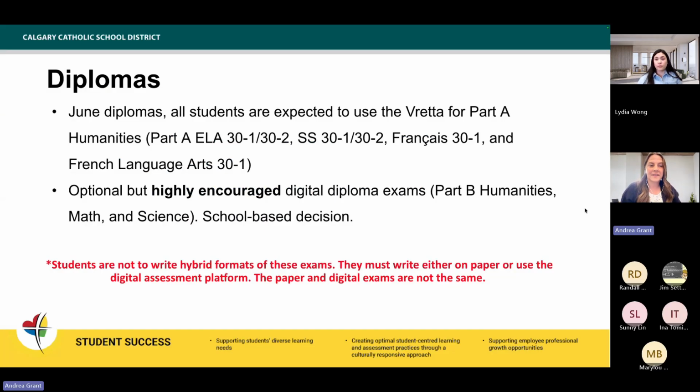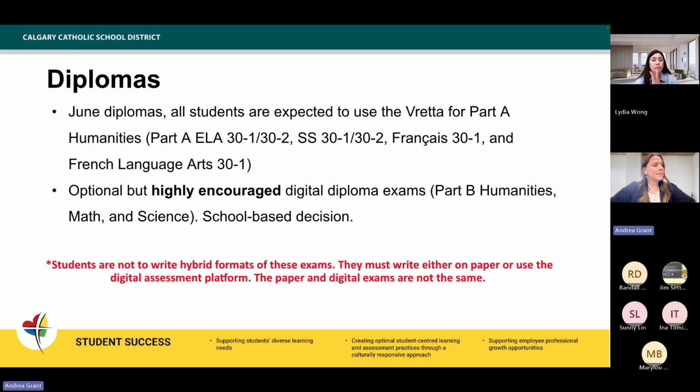Now, there's not a ton of us here today, so if you do have any questions, feel free just to raise your hand or to put them in the chat, and Lydia is going to help answer some of those questions as well. Just so you know, today's session, we're going to explore how to set up specifically practice tests and field tests for our grade 12 math subject areas. And we'll also show you some tools that are going to help support students with this digital platform,